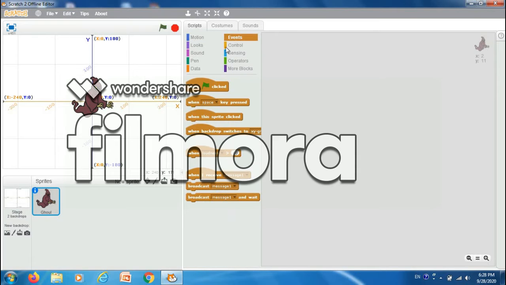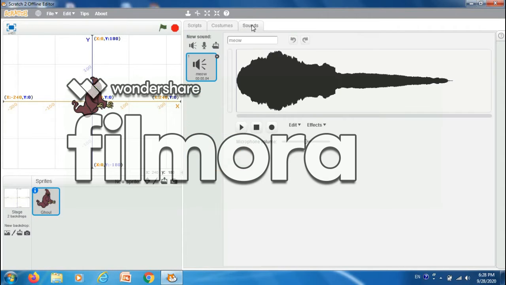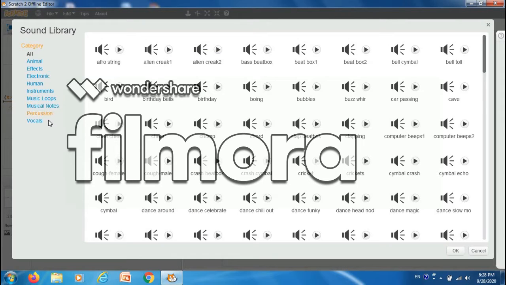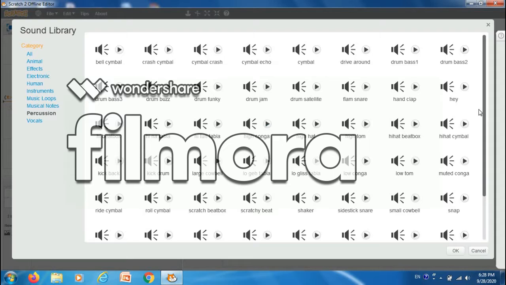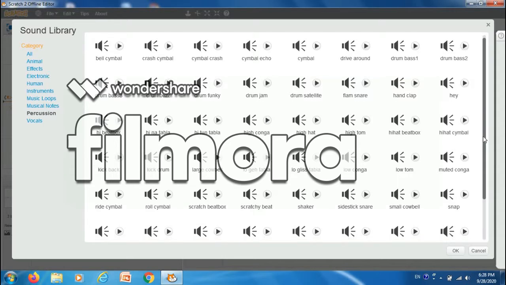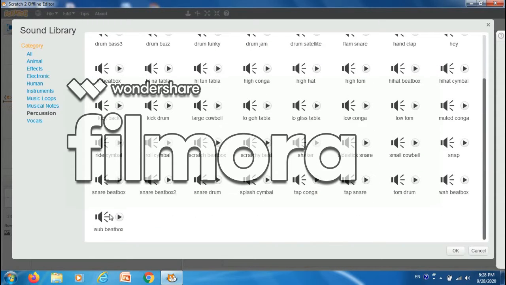Now we will start writing its script. When this green flag is clicked, then go to the sounds. Now we have to insert the sounds. Go to the percussions. Here we have to select the WUP beatbox sound.